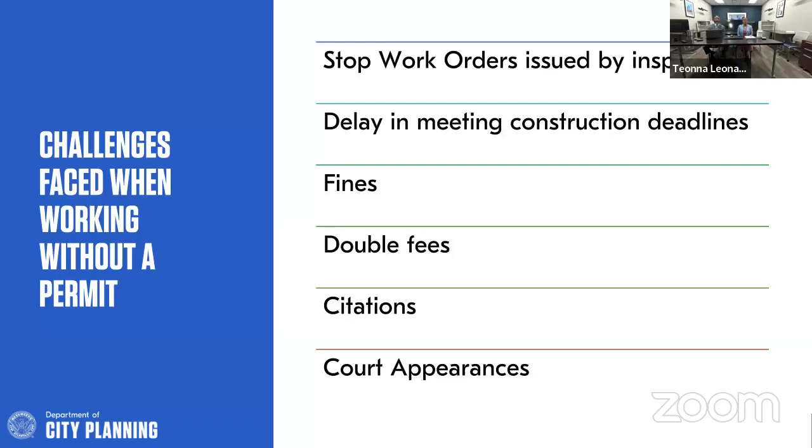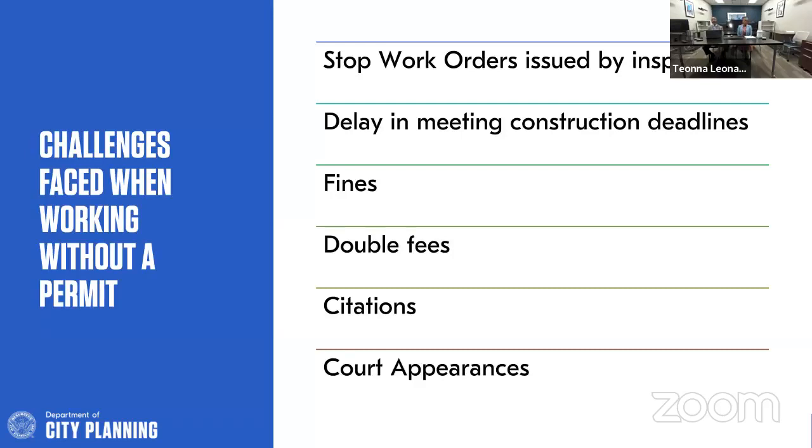They have the opportunity and access to look in Accela and look online to see if a permit has been issued at that address. If it has not, they can contact our office and let us know, hey, they're doing some construction across the street at such and such address. We'll get an inspector out there and issue them a stop work order, which means they'll be delayed in their construction deadlines. If they're issued a citation, there are fines that can be issued up to $1,000 a day, every day that they're in violation.